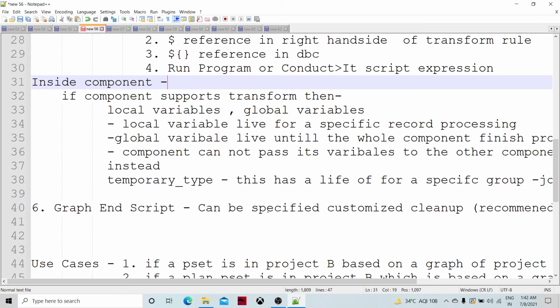I'm just covering the steps of parameter evaluation. This is a kind of subset of that larger run sequence. What all happens as part of the larger life cycle of graph execution, we are going to cover probably in the next session. But this is the subset of that, how the parameter evaluation happens, because this is going to be asked in many interviews, and also the understanding of it is very essential.